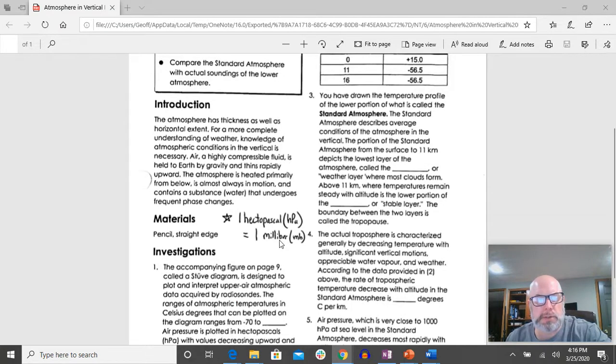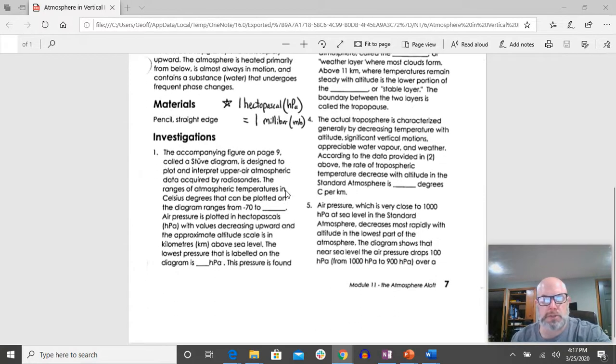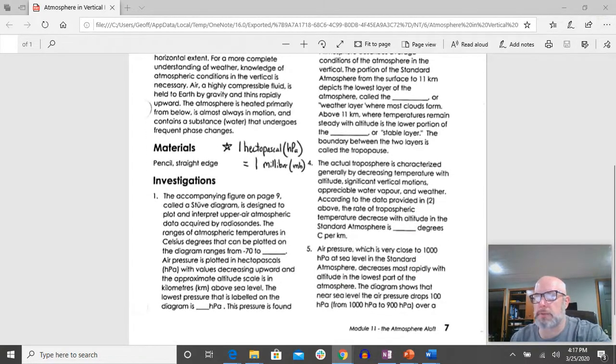Millibar is sort of what the world uses. We still use inches of mercury here. In the United States, we're way behind, obviously, with that. So everybody else has gone to the metric system, and then really moved on to the hectopascal even. So these are equal to each other. So anytime you see anything on here that says hectopascal, millibar can be replaced there. Okay, so this page, and then